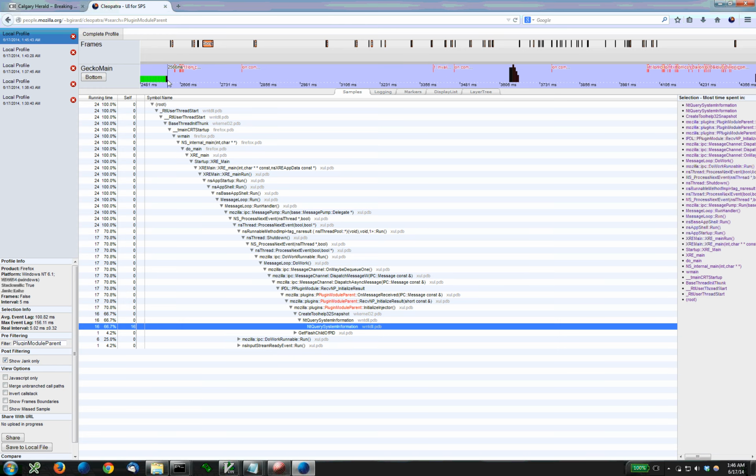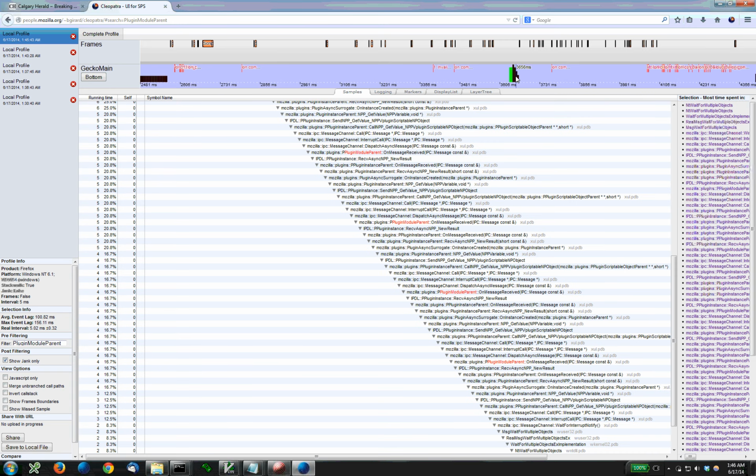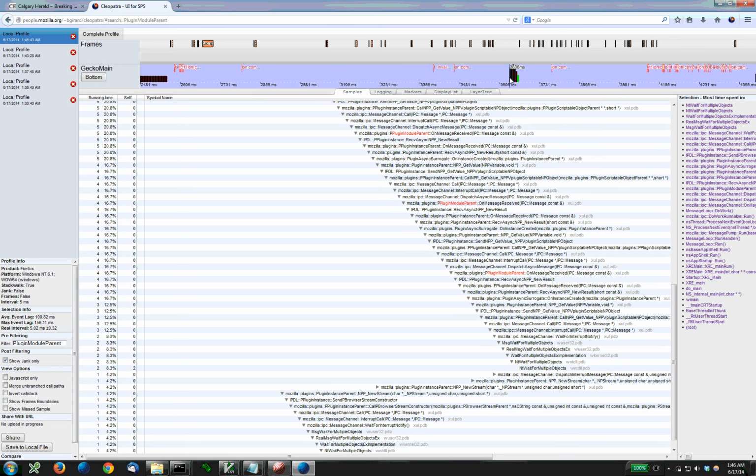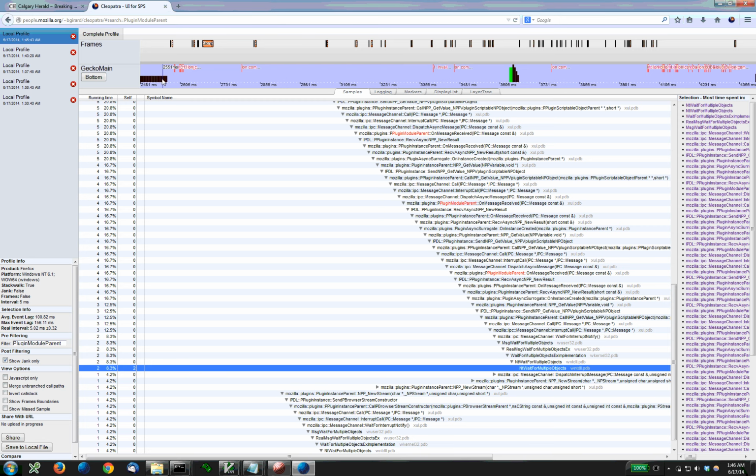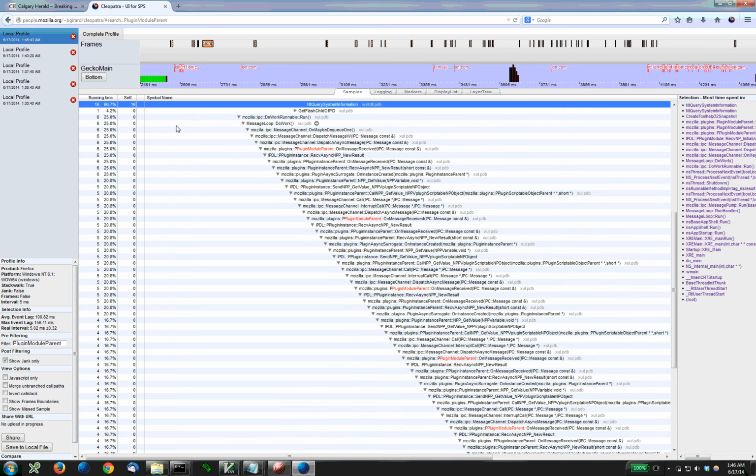In this case we're looking at about 100 milliseconds for that one, and a small burst of about 30 milliseconds later on with some initialization code. This is part of the patch. I could probably make some additional changes to get rid of that, but you can see we went from almost a full second of jank down to a